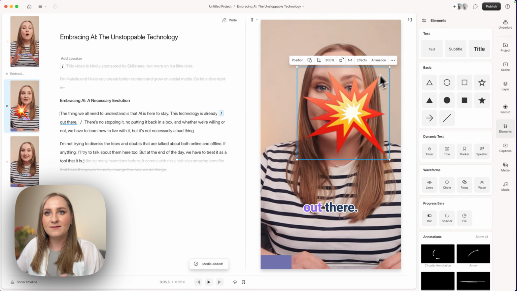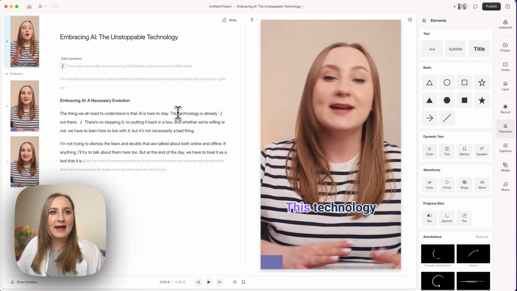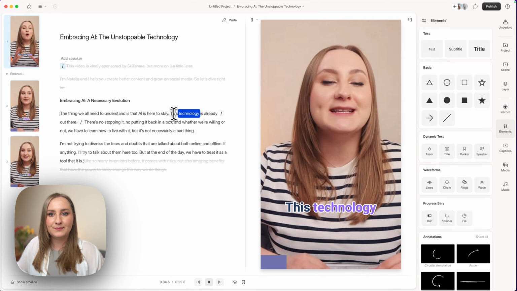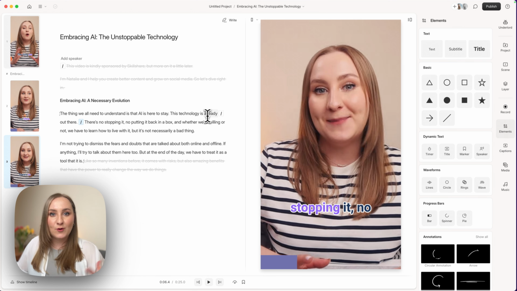And this way I can just kind of make it a little smaller like this and customize my content further. So just center it and maybe pop it like this just in here. And let's see what happens. This technology is already out there. There's no stopping. Yeah, so you can see that it goes with automatic captions, which I'll cover in just a